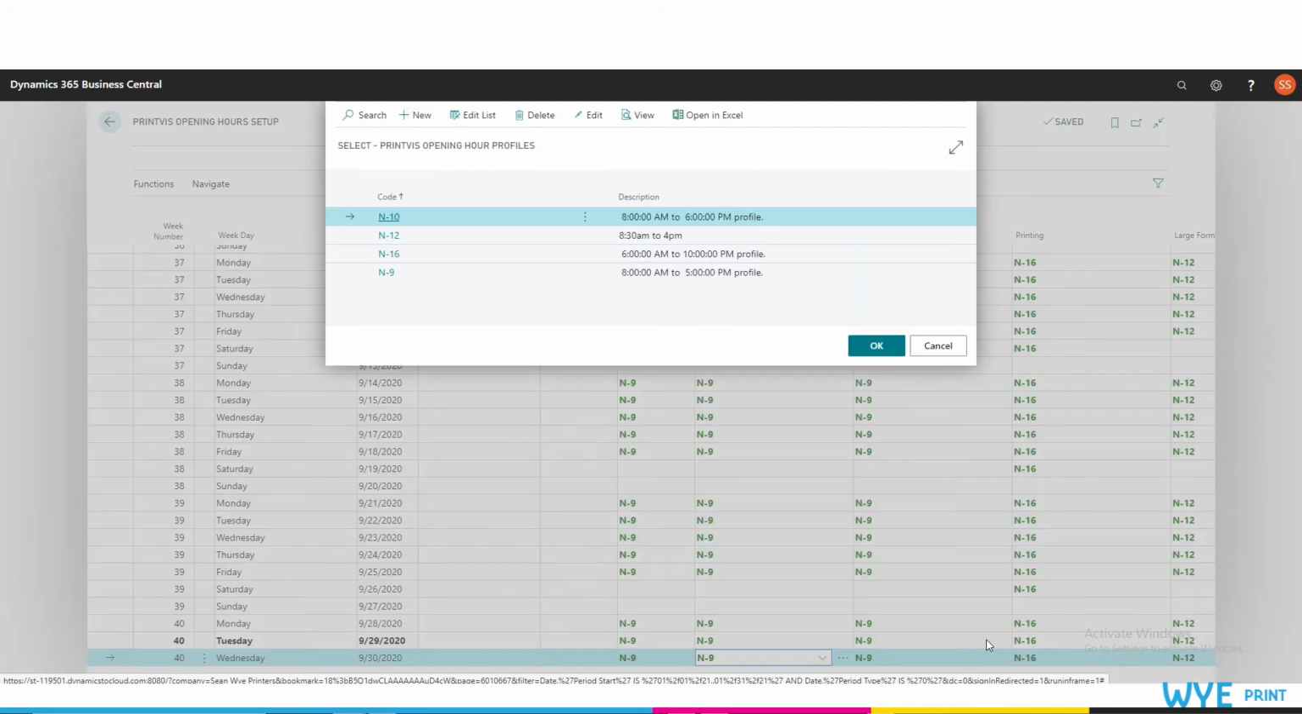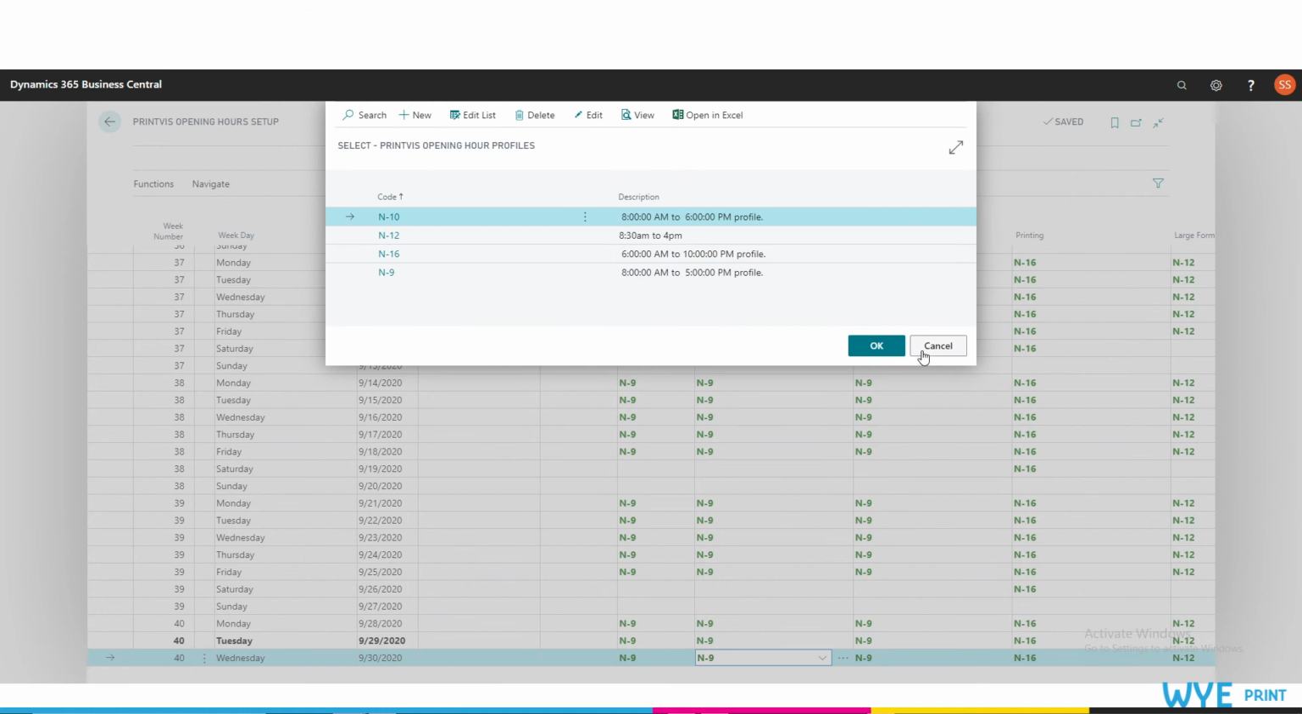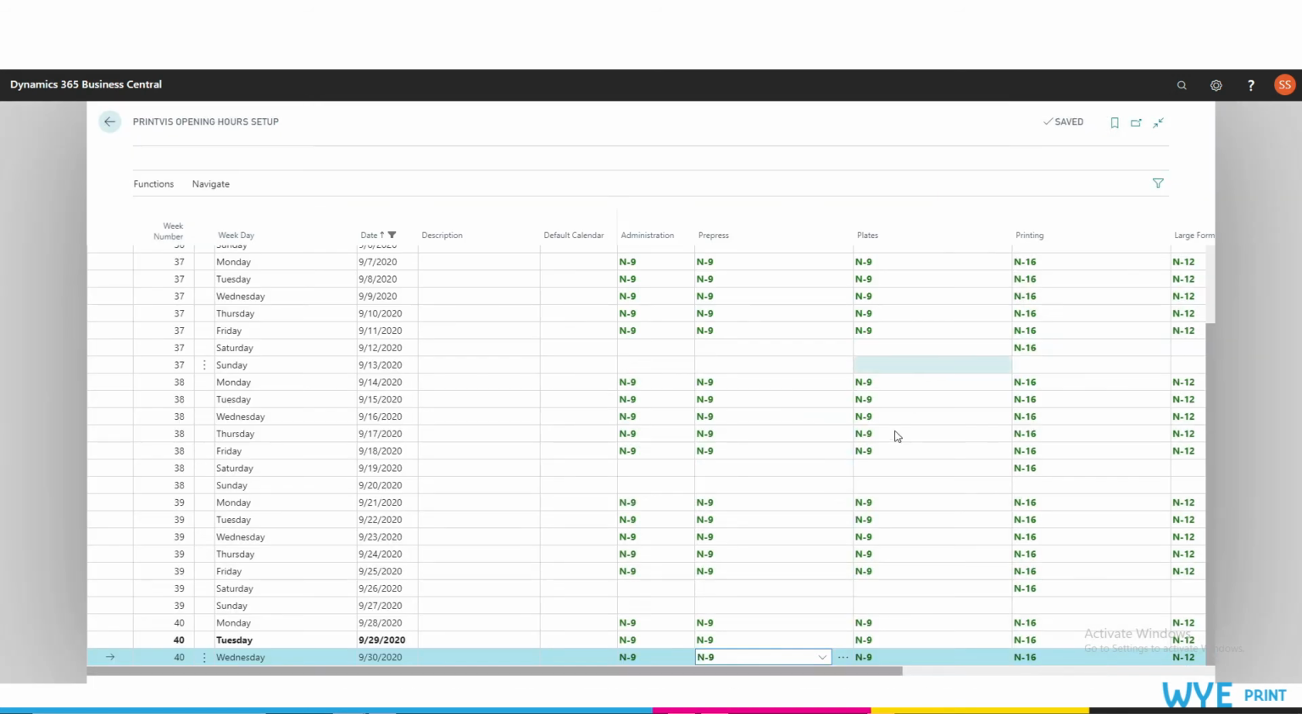If you would like to create a new profile, simply select from full list and click New. When you create a new profile, you will be asked to create a code, a description, and of course, your normal time frame. Once this profile has been created, for example, we have created before this recording N-16, simply cancel,